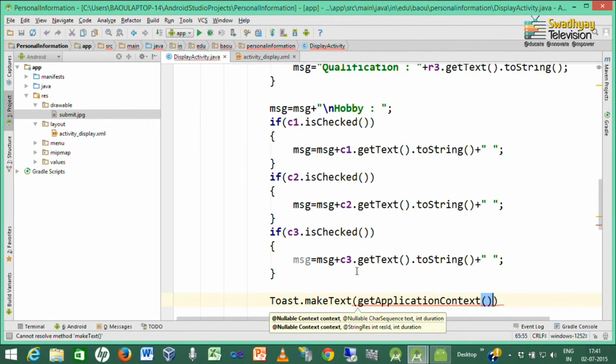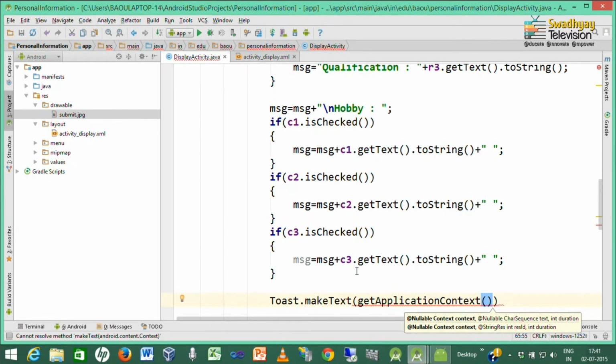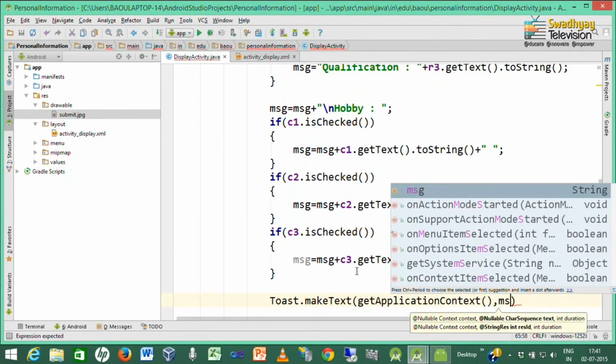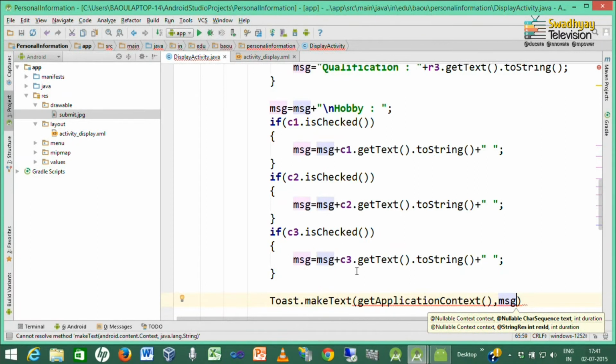So, whenever a context is needed, we use getApplicationContext, then we have to give the text message we want to display. In our case, it is msg or message, and the last parameter specifies how much time the toast should be displayed, for a smaller time or a longer time.